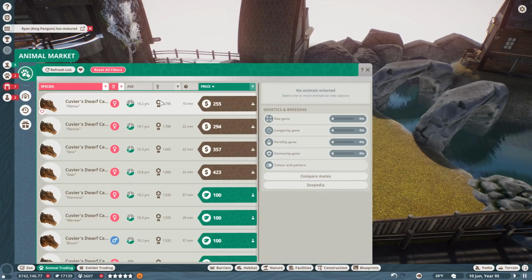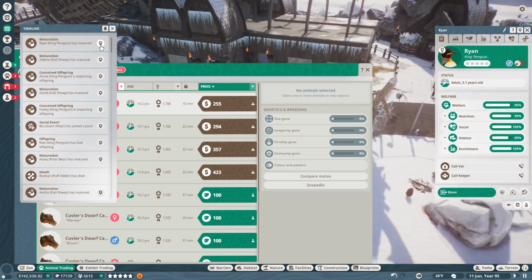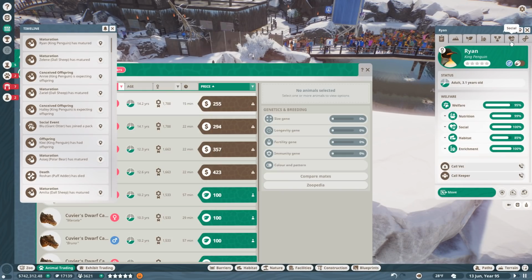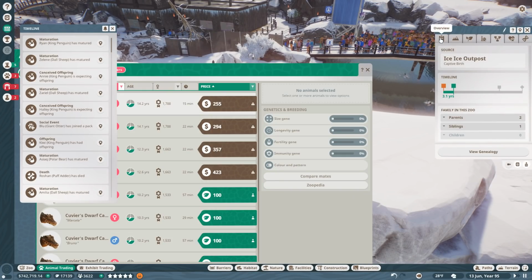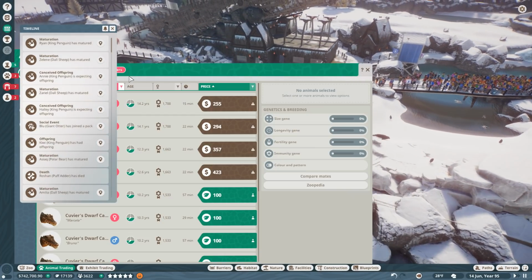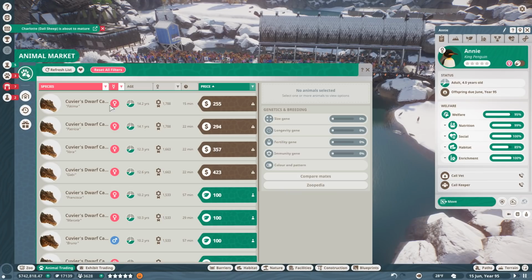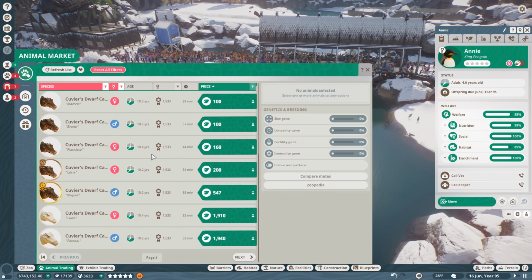Let's filter that. And oh hey, Ryan matured! Okay, Ryan is a normal quality, not a silver quality penguin, so we'll leave him in here and hopefully he'll find a mate soon. And Annie is now expecting a baby! Oh my gosh, we have so much going on over there. All right, so we want to try to get...